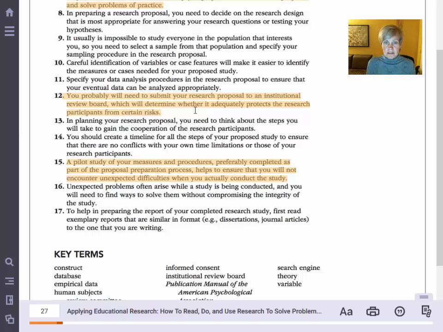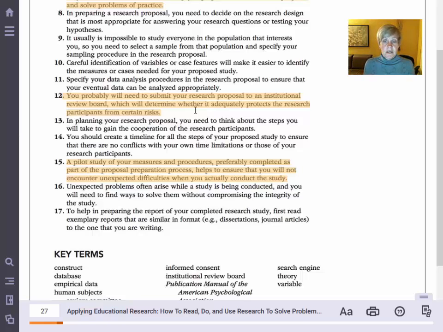Hospitals do IRBs. They're just a requirement of research. And when you're working with anybody under 18 years of age, that becomes even more important, as you will learn. So IRB is introduced in this chapter. You're all going to become certified, going through a training that will even allow you to